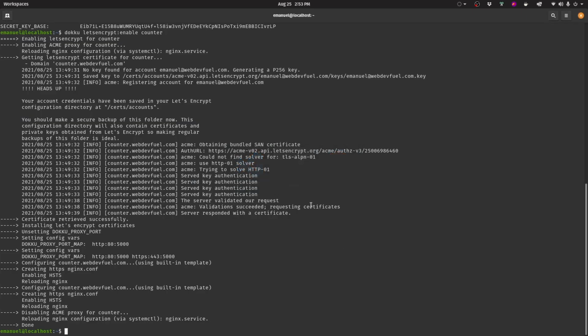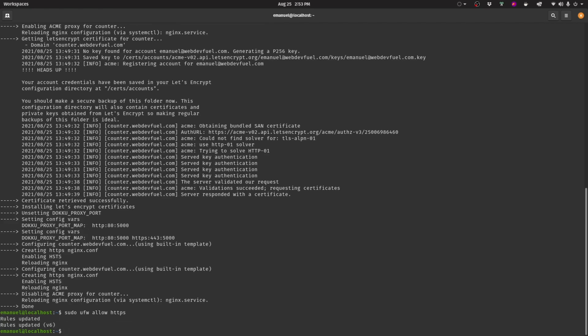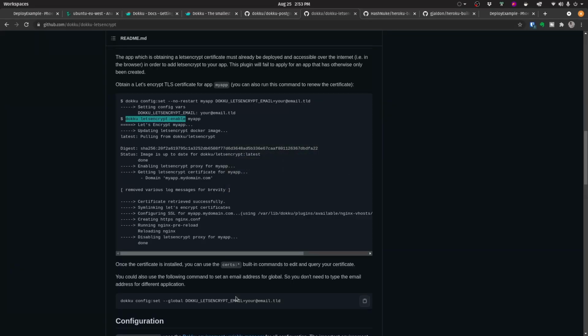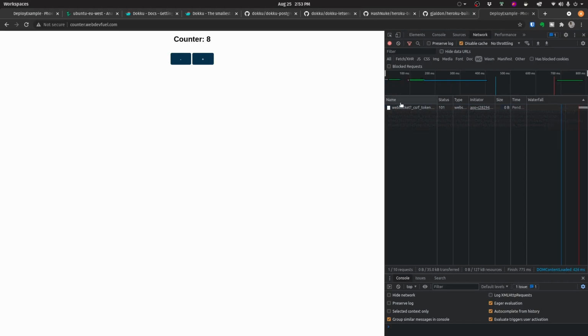Now the last thing that we need in order to be able to navigate is, just like before, to allow traffic, but this time through the 443 port, which in this case, with the Uncomplicated Firewall, the rule is called HTTPS. So with this done, now we can go back to the browser. We can open this page right over here, and once we refresh it, we should see